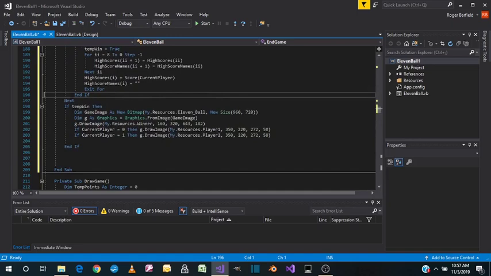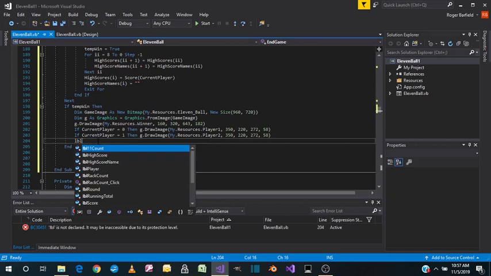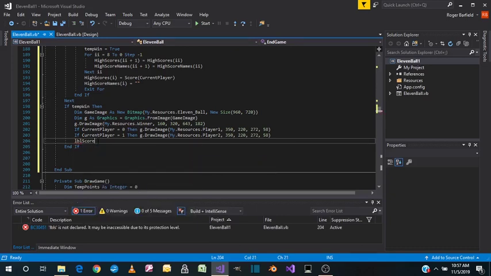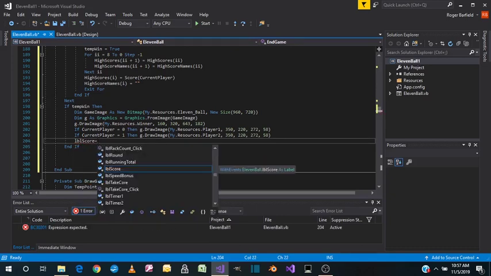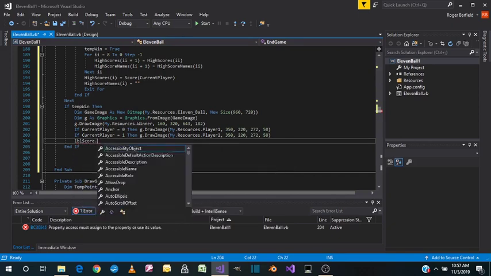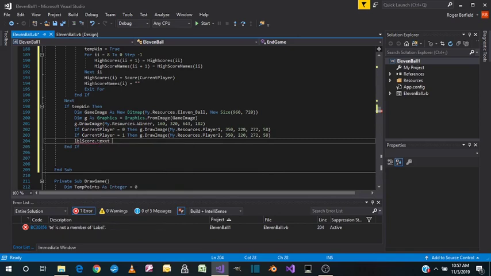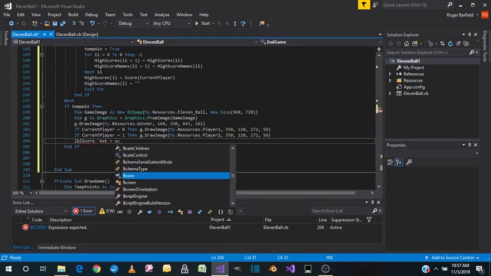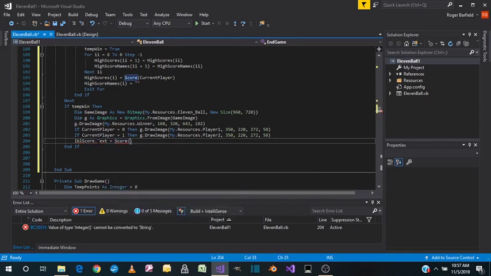And then we're getting back to our drawing of graphics. Let's see here. We got our refresh our background. We show the winner image, and we show which player it is. And let's go ahead and set the score up there. So label score dot text is equal to score current player